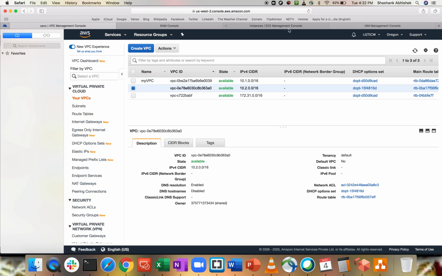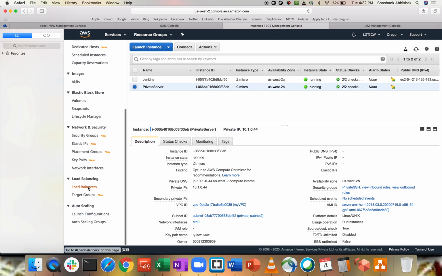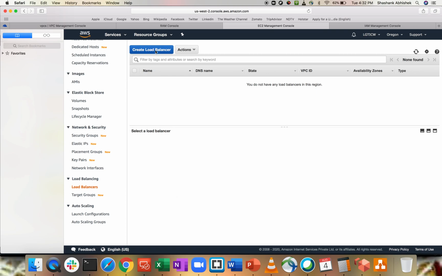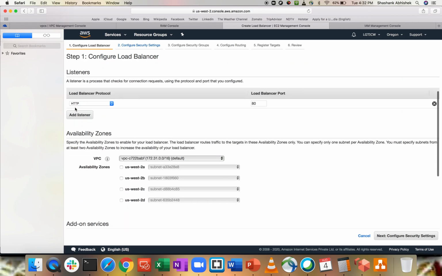The next part, let's go to the EC2 dashboard and create our load balancer. Click on load balancers on the left, create load balancer, application load balancer, internet-facing. Then we have to select the VPC of account B, because the load balancer will be routing the traffic to account B. If you don't select this, you will not be able to see the options in the target group where all the servers, which are private in nature, are listed from this account. So let's select that.